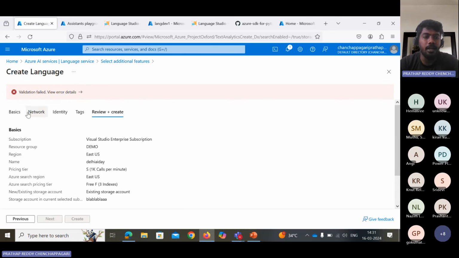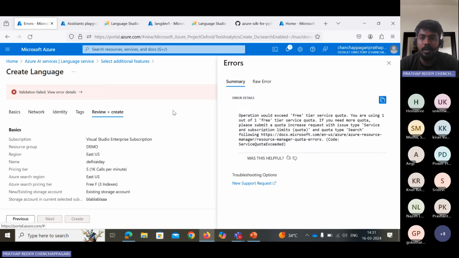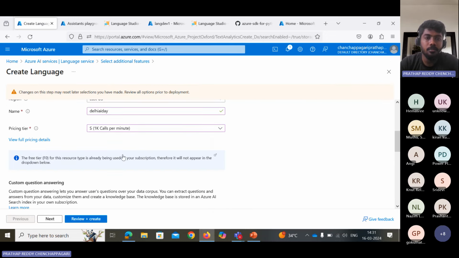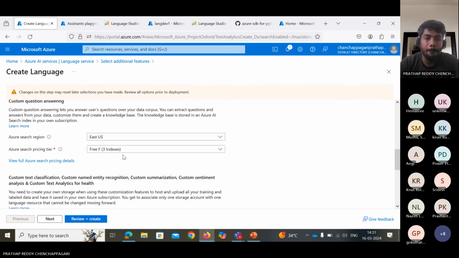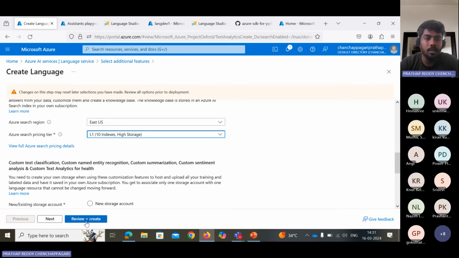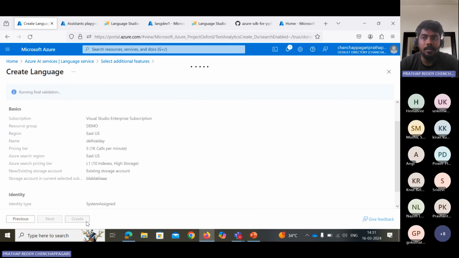So the validation has failed, so I would like to show you why. It would be the free trial subscription. Yes, it is not applicable for the free trial one. So what do I need to do? Okay, I need to use this particular L1 I storage one, and then I can validate this feature before that one,